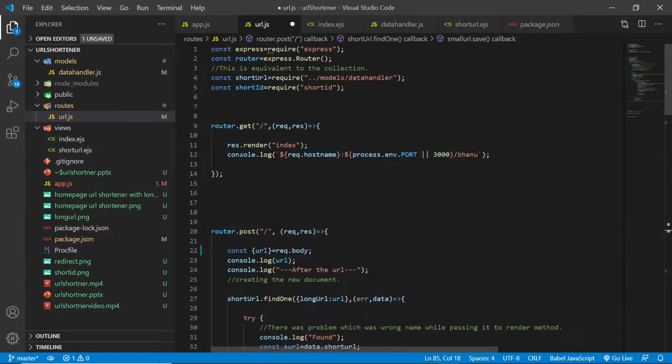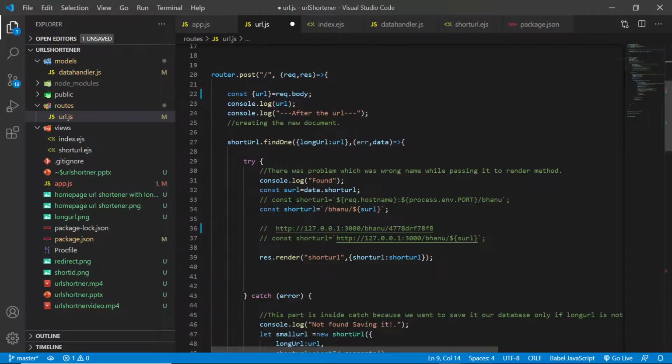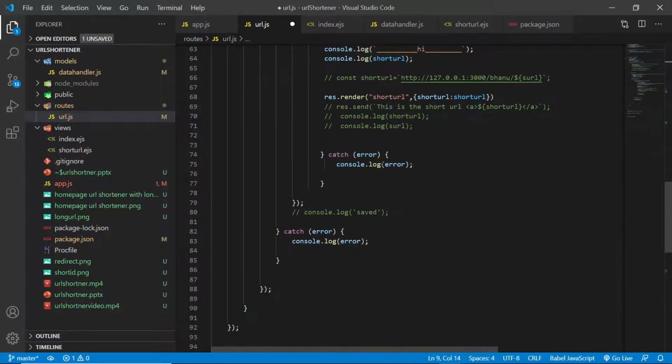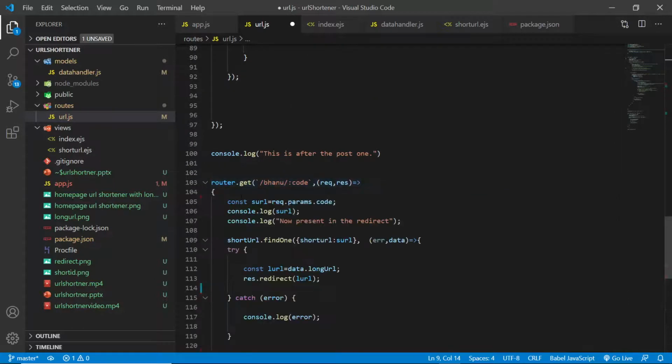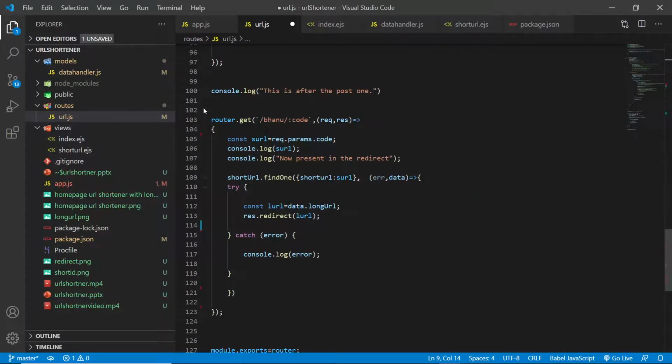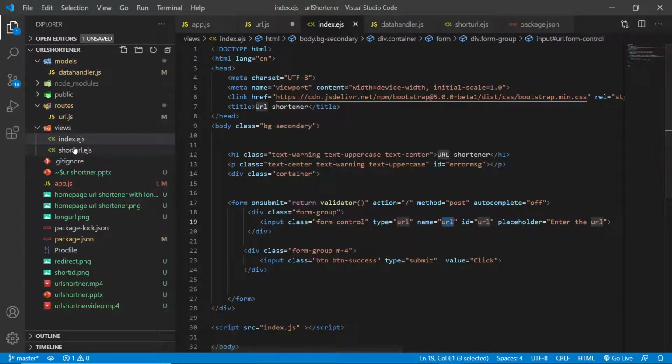Basically we have created two routes. One gives back the index, and this particular route will be handling the post request from the server, that means whenever we click on the button. And this particular route is handling the redirect. We will understand this redirect when we see index.js and short.js.